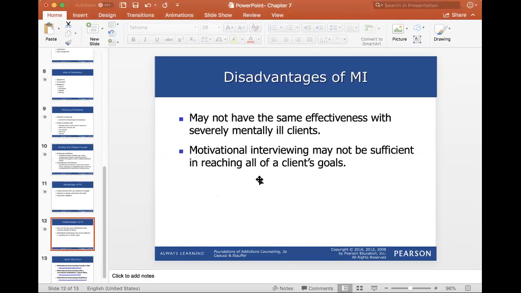The disadvantages of MI is it may not have the same effectiveness with severely mentally ill clients. And that's because MI requires a cognitive ability to use it. It takes a lot for clients to envision life without their drugs, especially the deeper they're in it, the harder it's going to be. And it may not be sufficient in reaching all of the client's goals. So it's a good starting point. It's a good intervention, but it's certainly not where all the hard work is going to lie,